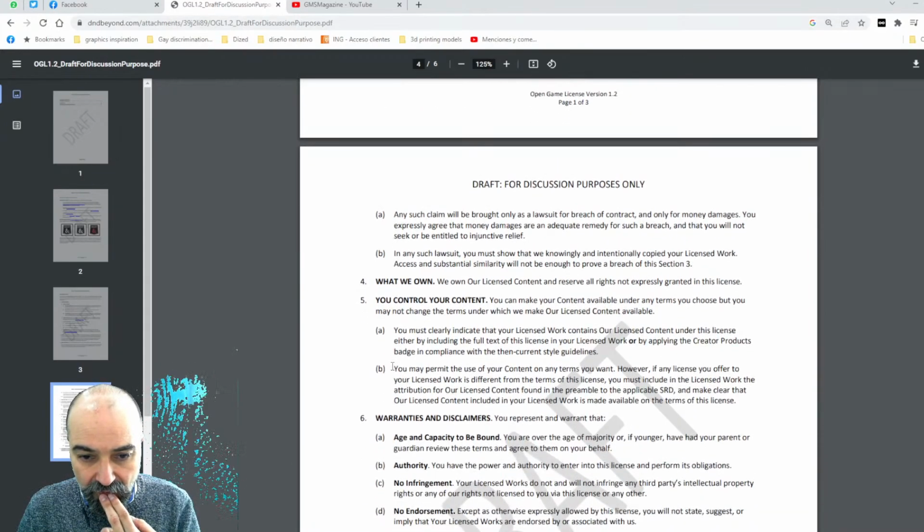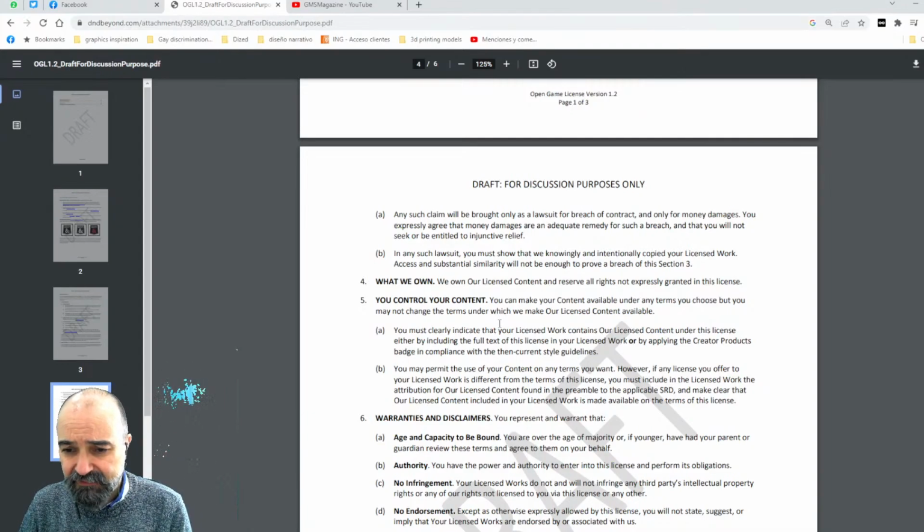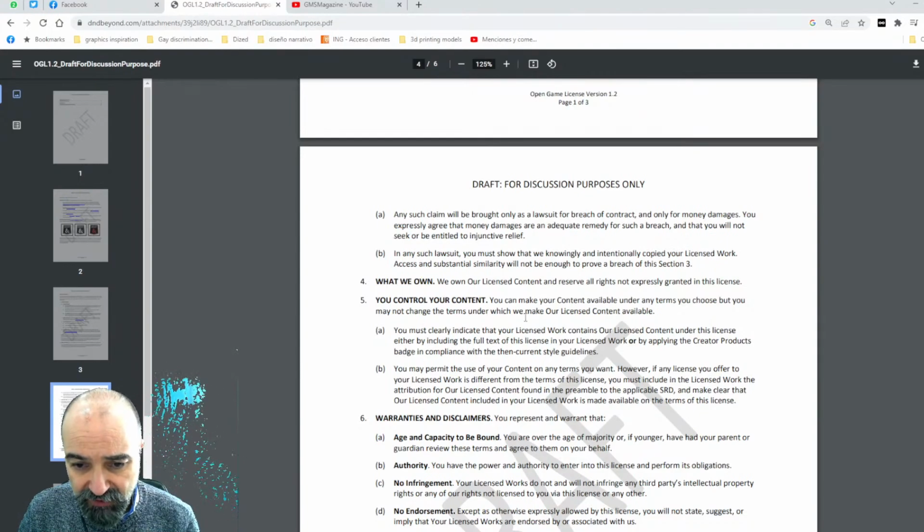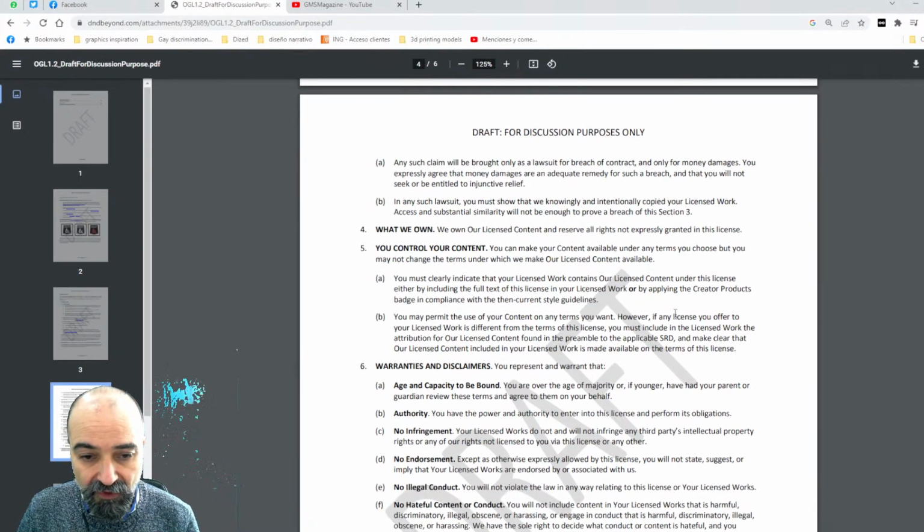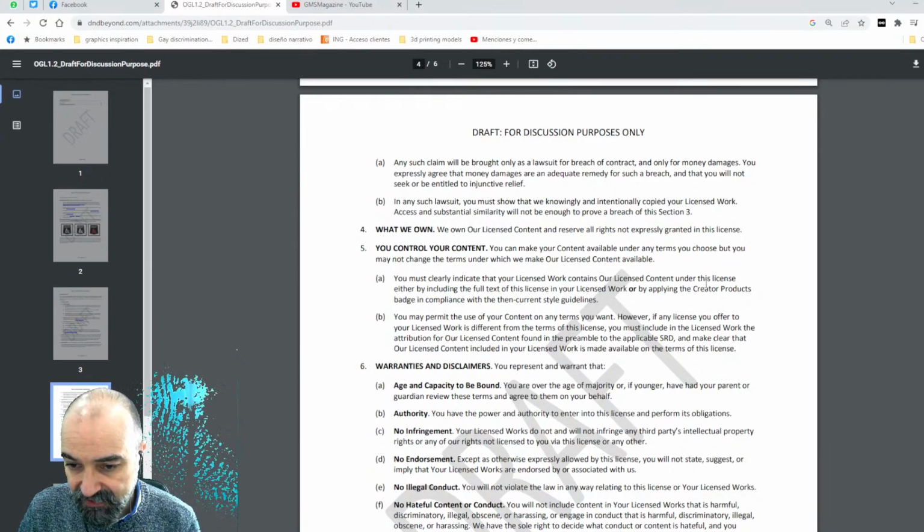So, we own our licensed content and reserve all rights not expressly granted in this license. That is indeed fair enough. You control your content, you can make your content available under any terms you choose, but you may not change the terms under which we make our licensed content available. Fine. So that's fair enough. You must clearly indicate that your licensed work contains our licensed content under this license, either by including the full text of this license in your licensed work or